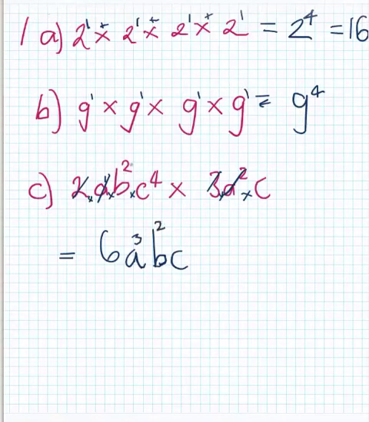And that's gone. And last of all, C. I've got 4 C's here and 1 C there. 4 plus 1 is 5. And that's your answer. So a trick is to first multiply your numbers and then write all your bases that will be in your answer, and then add the powers of the same base if you're multiplying them on either